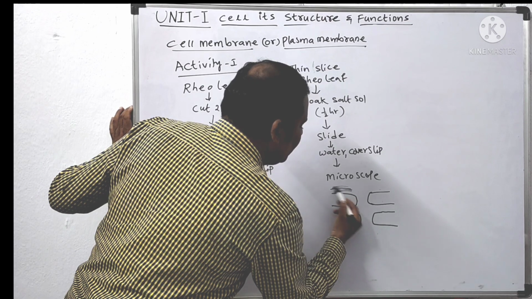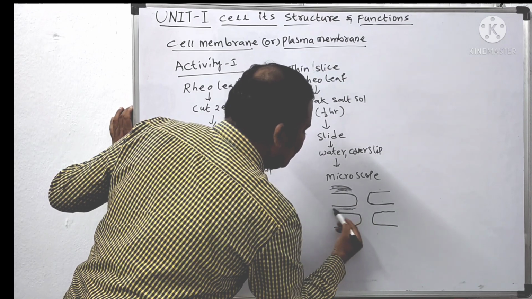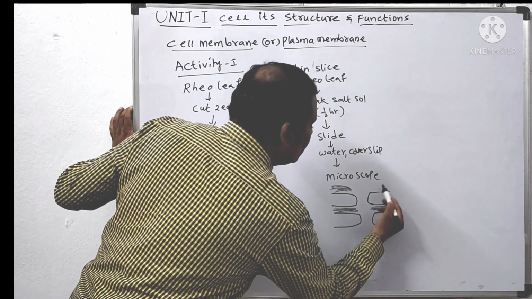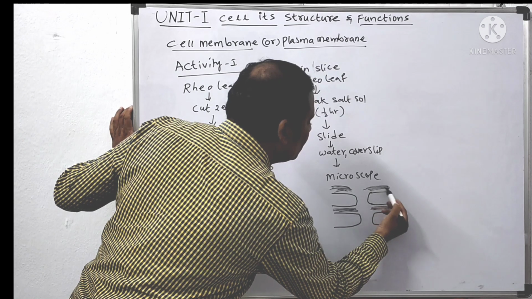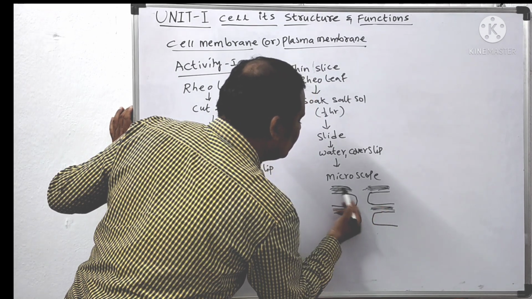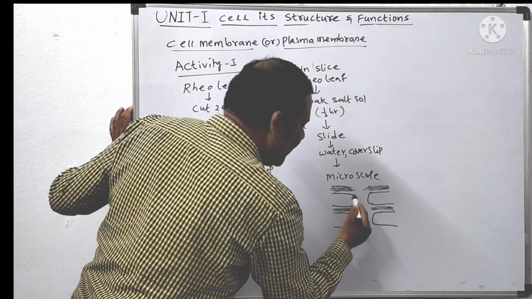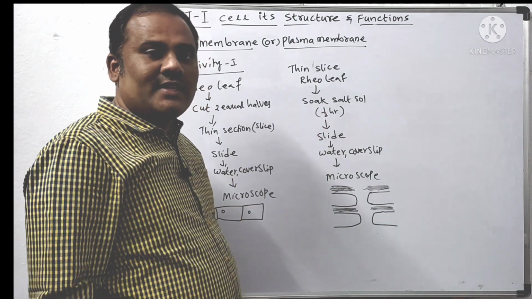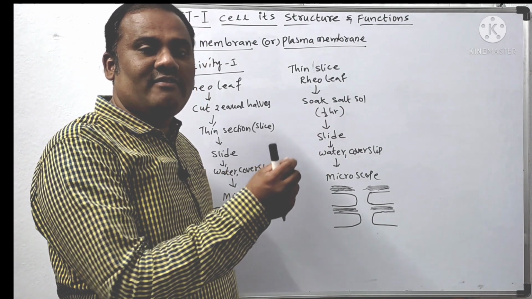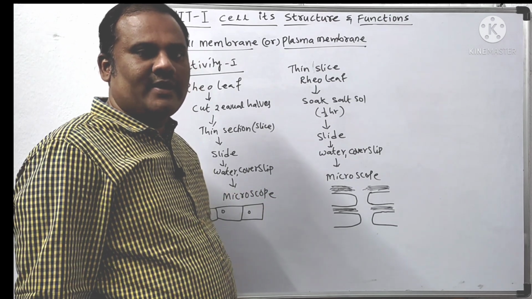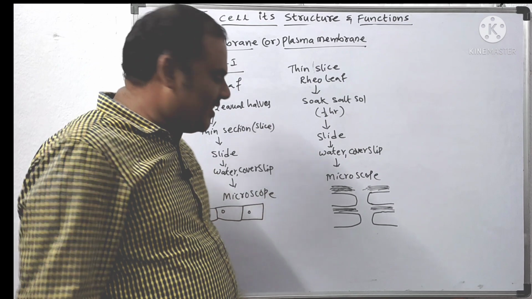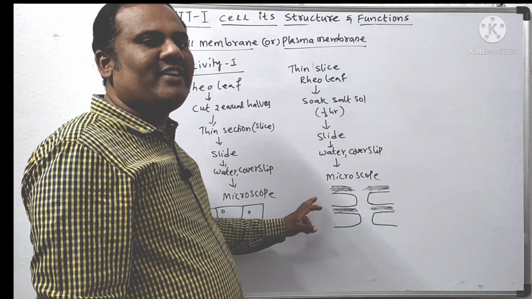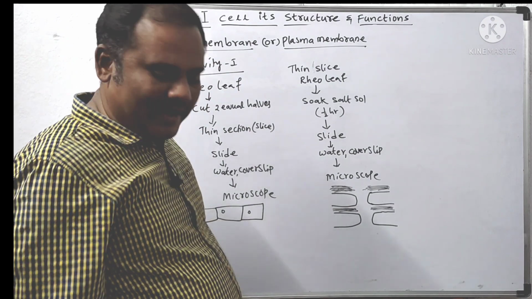See, the cytoplasm will be like this. In between, the cytoplasm will be present like this. And next, this is the cell membrane. Why is it happening like this? When you keep it in the salt solution, the water present in the cytoplasm exits out through the cell membrane, and only the cytoplasm will be shrinking. When the cytoplasm shrinks, at that time what happens? The cell membrane separates clearly. So thereby we can see the cell membrane very clearly.